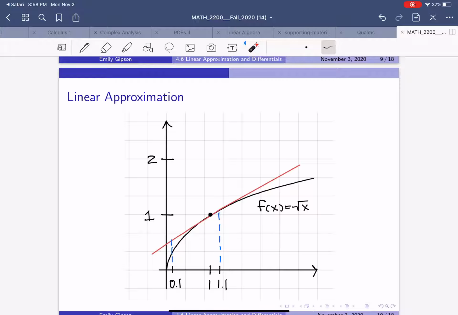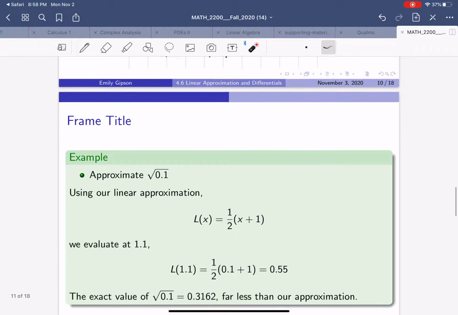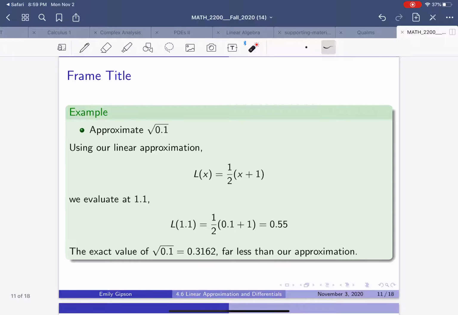And furthermore, it's also going to be above 0.1. That's way over here. And indeed, because 0.1 is further away from 1 than 1.1, we expect our error to be even worse. So using our linear approximation,